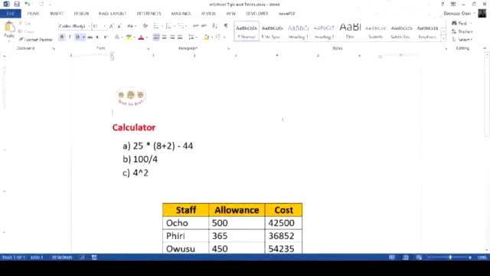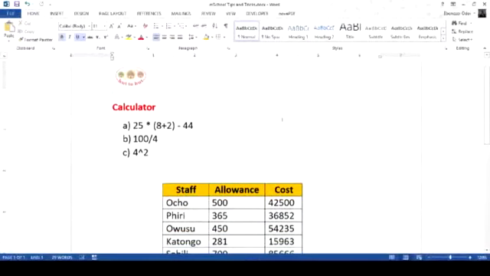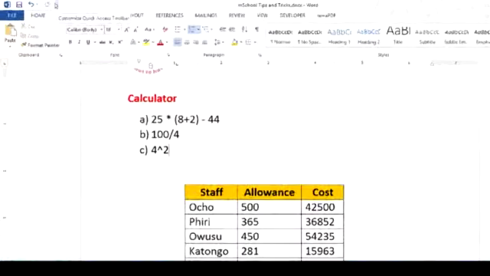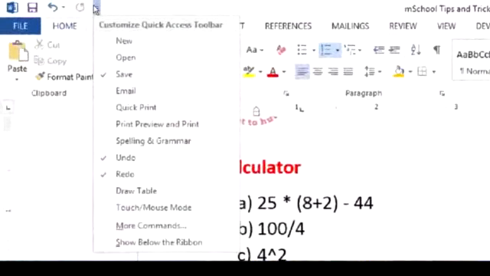Microsoft Word allows us to use the calculate feature. So in the calculate feature, we might have equations, it could be as complex as you want, or tables, and we might want to calculate values. First of all, to accomplish this, you have to go to your quick access toolbar, click on the ellipsis, drop